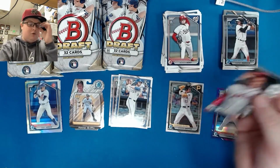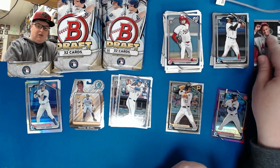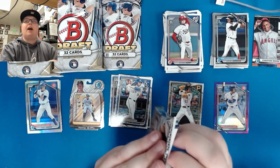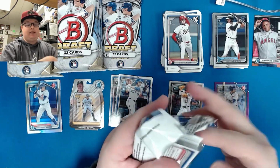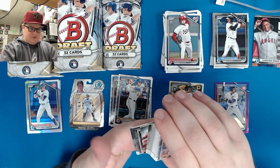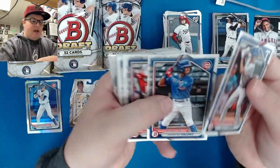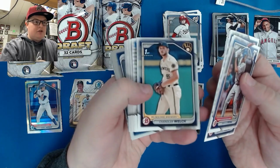There are also chances to get John Elway in a Yankees uniform. There are also retrofractors of Ty Cobb and Reggie Jackson in this set this year. So there's a chance to get some cool stuff in here. That's interesting. Let's see what that guy is here in a minute. Braylon Morrell, Roman Anthony, Chandler Welch,